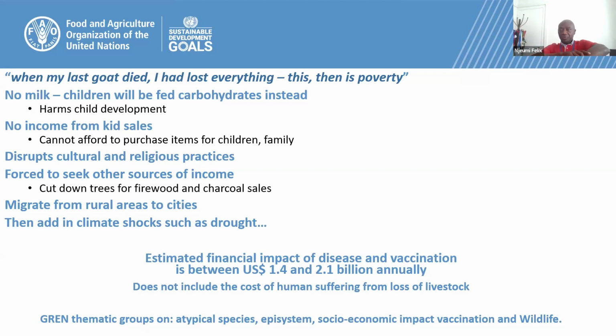Then the 4th thematic group is vaccination. How are we able to delineate the disease and zoom the vaccination in that specific area? As I just mentioned, the last one is the wildlife. Therefore, all the around 20 winners of the World Food Forum Transformative Research Challenge, those who have been awarded, all of them are scattered around these 5 thematic groups. Therefore, their research is on any of these 5 topics.